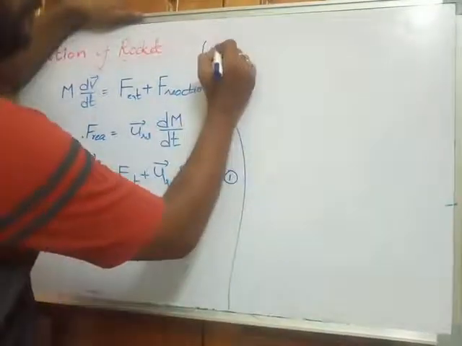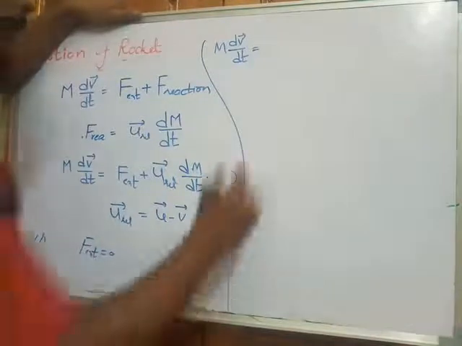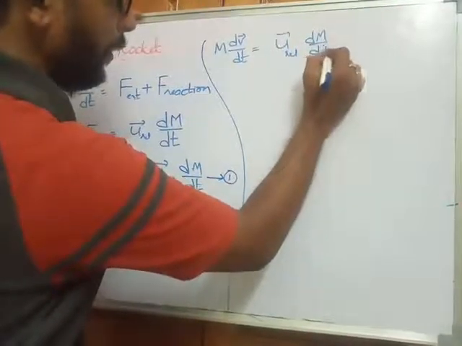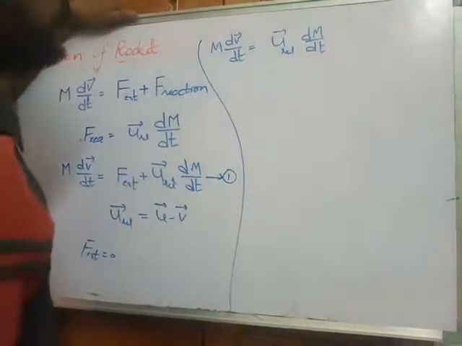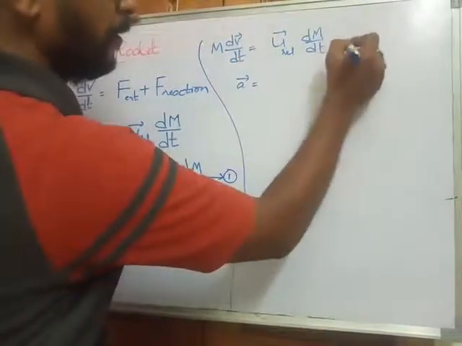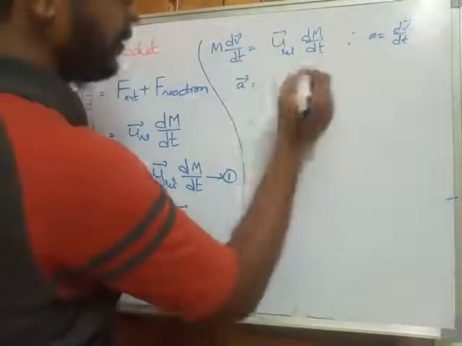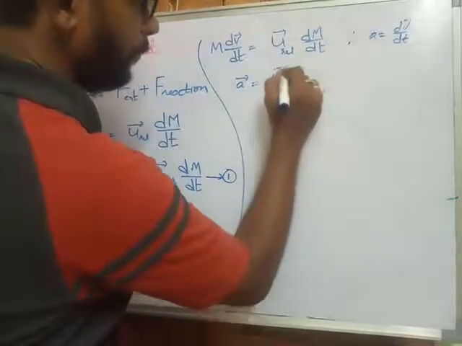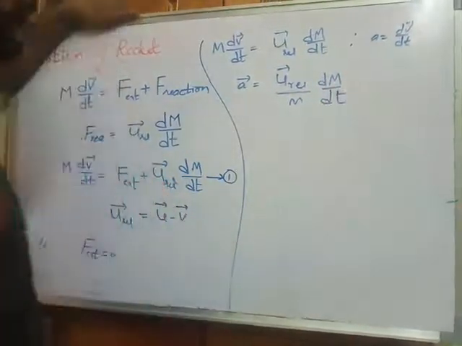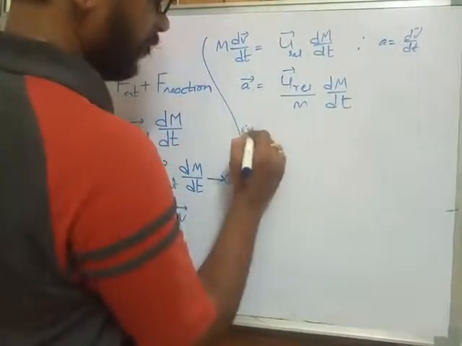So what we get is m into dv bar by dt equal to u relative into the rate of change of mass, dm by dt. As we know, rate of change of velocity is acceleration, where a bar is equal to dv bar by dt. So a bar equal to, sending m to this side, u relative by m into dm by dt. So from this equation we can say that the acceleration of the rocket